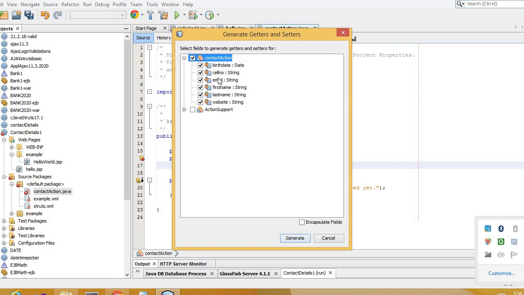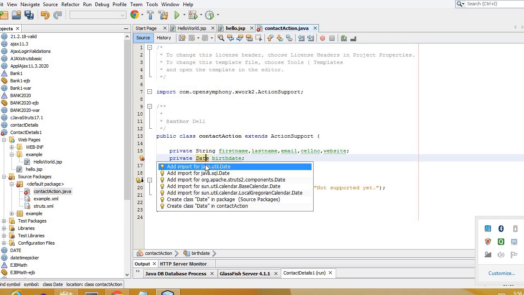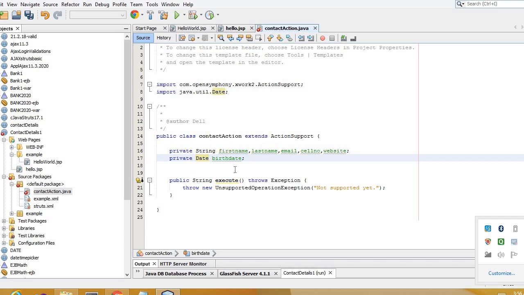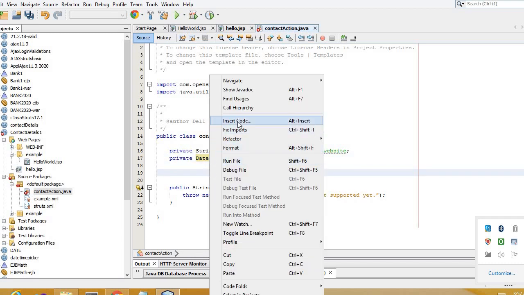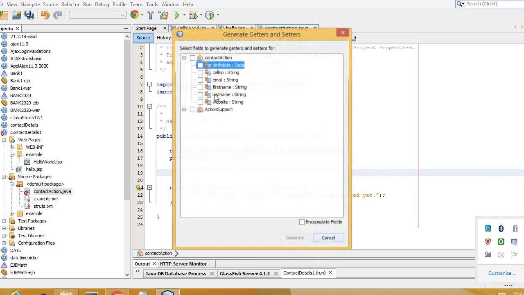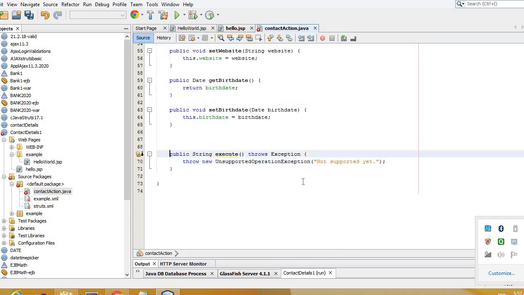Okay, before that you can see Date is not accessed over here. Why? Because see here it is giving me an error. So when we press alt enter, it is giving me an auto suggestion that you have to add an import for java.util.Date. I have added it. Now the error has gone. Now just invoke those getter and setter methods. Okay, we will just add those things and it will automatically add all the getter and setter methods.